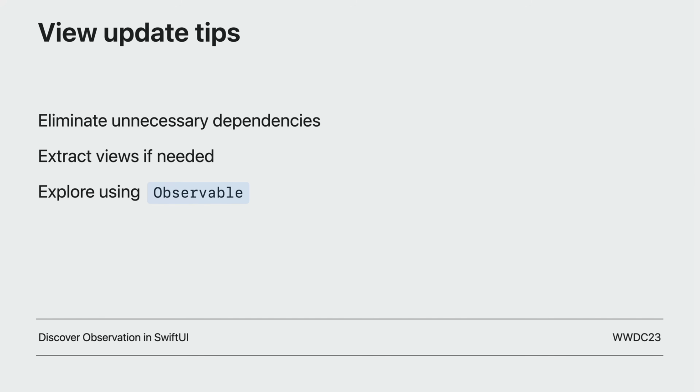That was just a quick tour of how to look at dependencies. Let's move on to talk about faster updates. In this section, we'll discuss how to reduce the cost of each SwiftUI update. Slow SwiftUI updates can have a number of negative effects on your app, including reduced responsiveness, such as hangs and hitches. A hang is a delay in responding to user interaction, like a view taking a long time to initially appear.